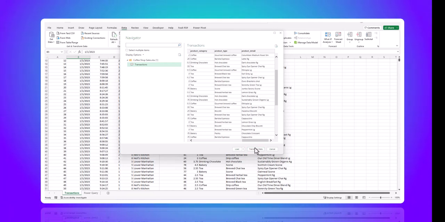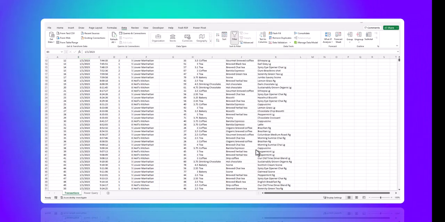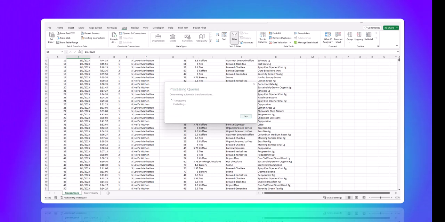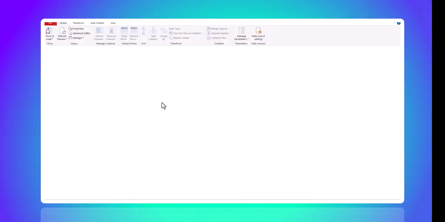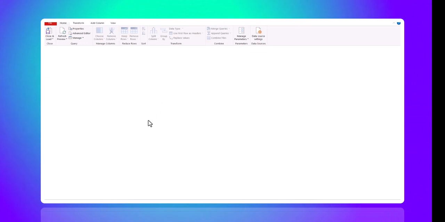You have to go to Transform Data instead of Load. So click on Transform Data and it's processing it. When it's done processing, it should